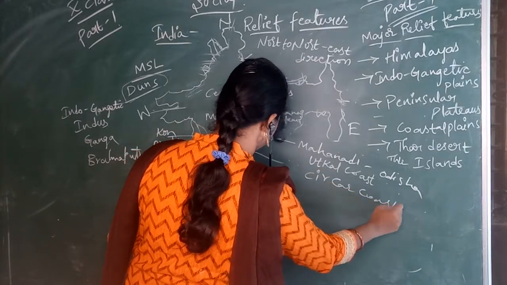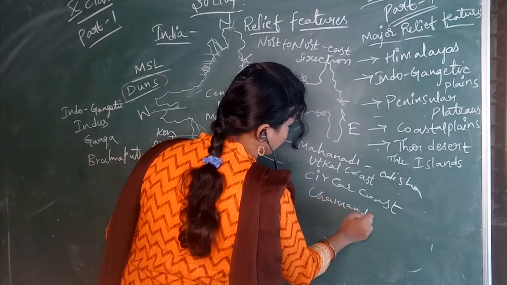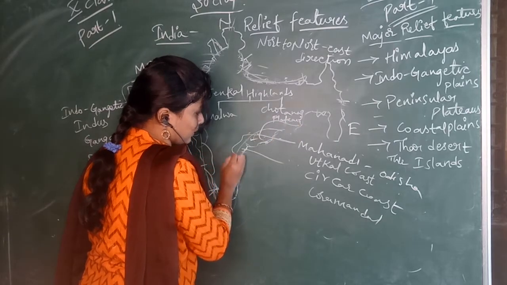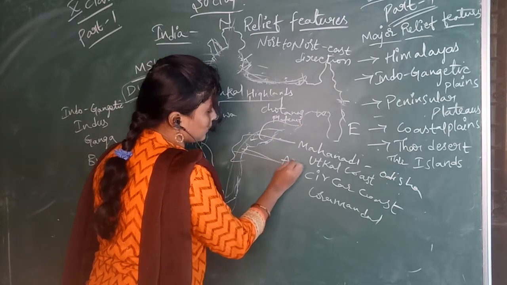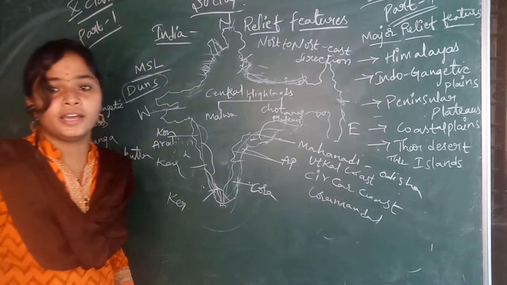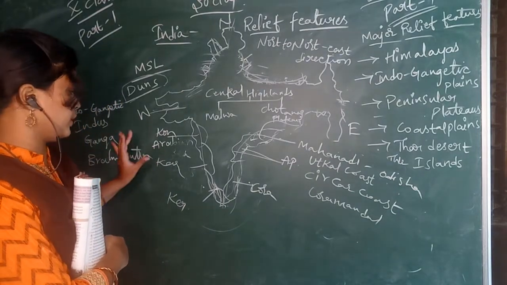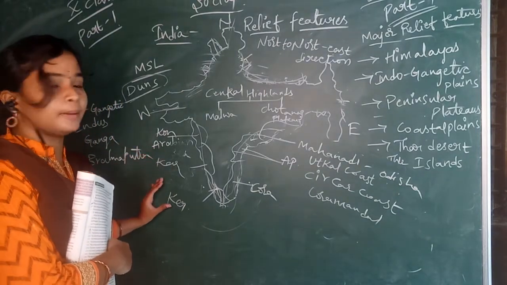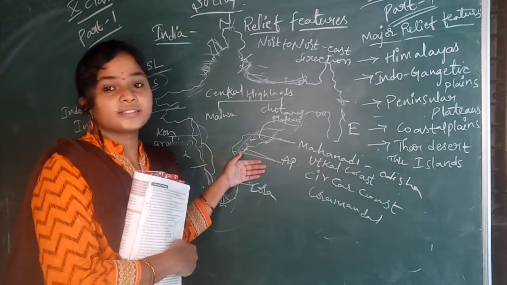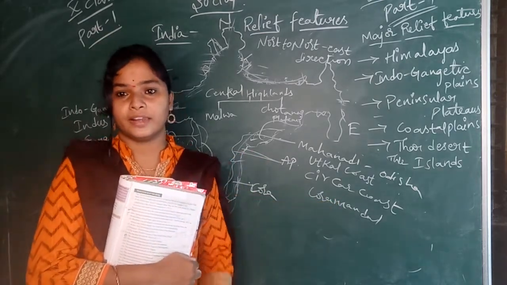Sarkar coast is in Andhra Pradesh. Coromandel coast is in Tamil Nadu. So Utkal coast in Odisha, Sarkar coast in Andhra Pradesh, and Coromandel coast in Tamil Nadu. There are 6 coastal plains, as I told you: Konkan, Maharashtra; Canara, Karnataka; Malabar, Kerala. Next, Utkal coast, Odisha; Sarkar coast, Andhra Pradesh; and Coromandel coast, Tamil Nadu, children.